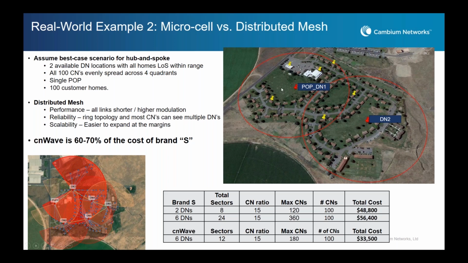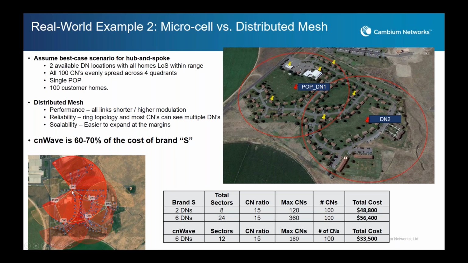I have a micropop located in a central location with all of the homes evenly distributed around. I have a second location, again with homes evenly distributed around. But even in that idealized case, a distributed mesh can often provide better functionality, resilience, and scalability. You can see in the lower left, by using 6 distribution nodes, I can again reach all of those different areas